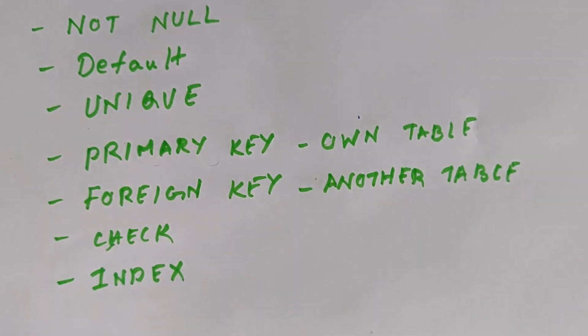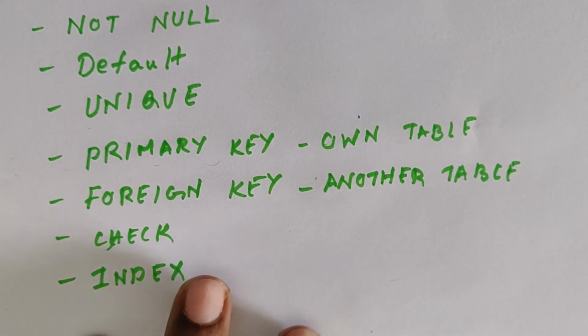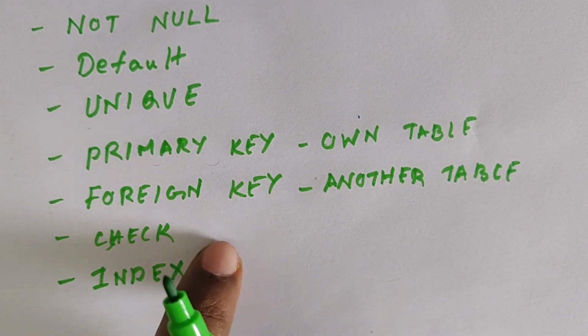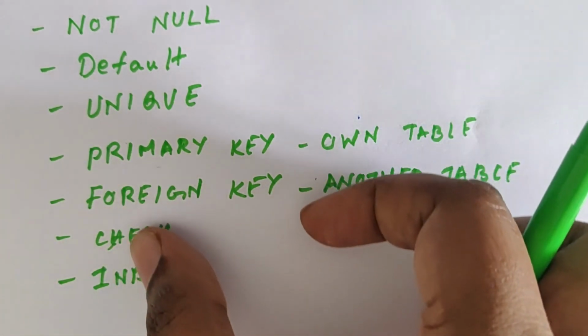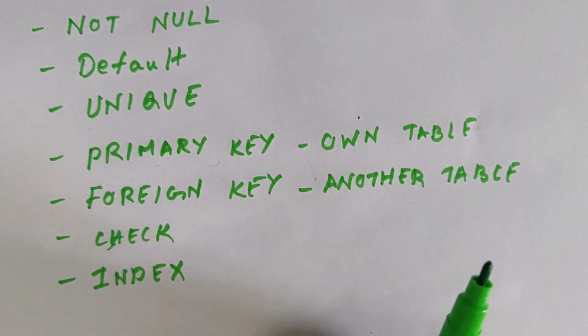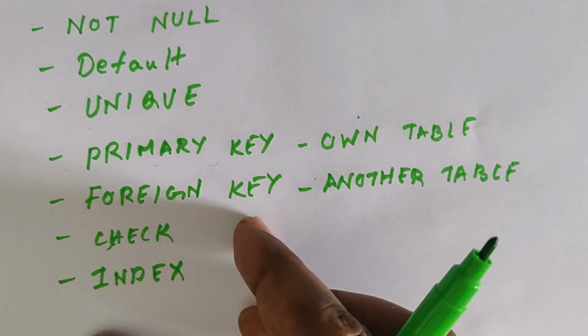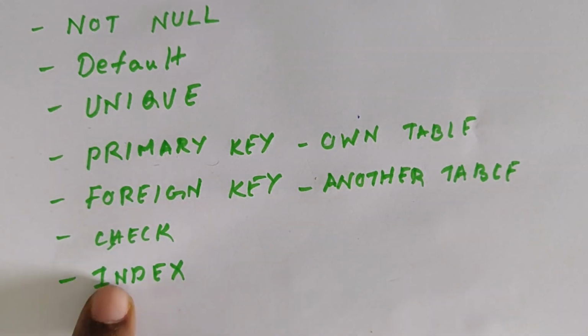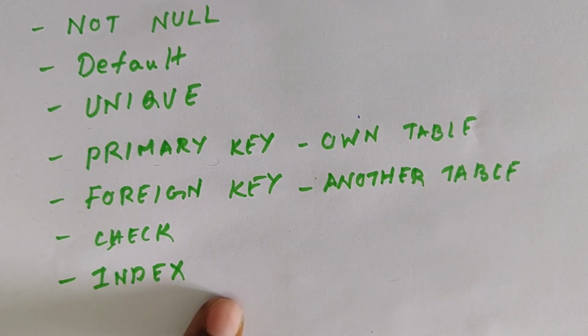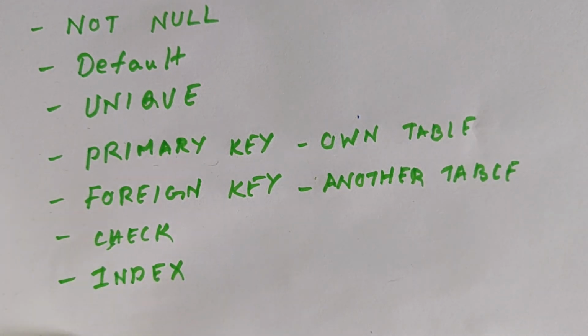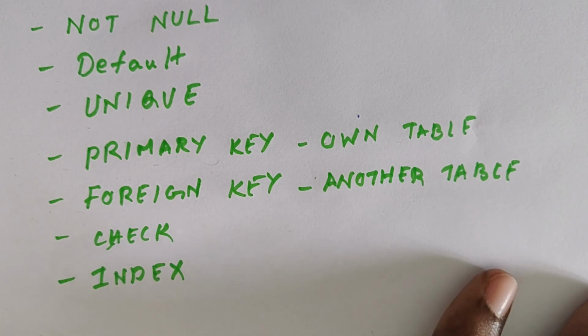Otherwise, if I ignore the index constraint, it will fetch the overall transaction details for the customer, and it will be difficult for me to search and get to that particular detail. So whenever we want to apply an index for easy retrieval of data from the database, we can use this index constraint.